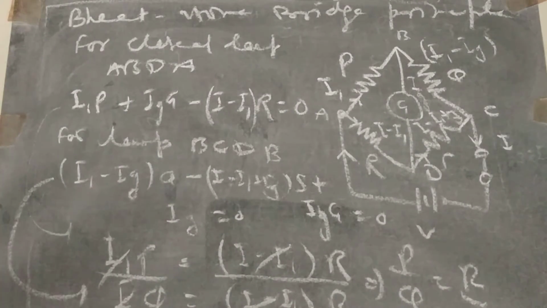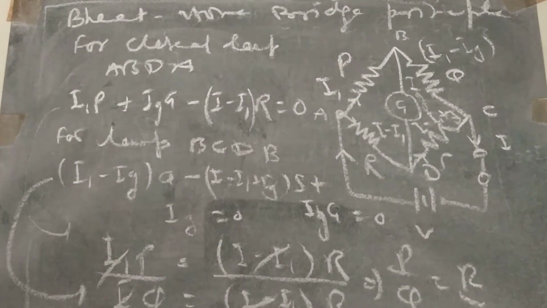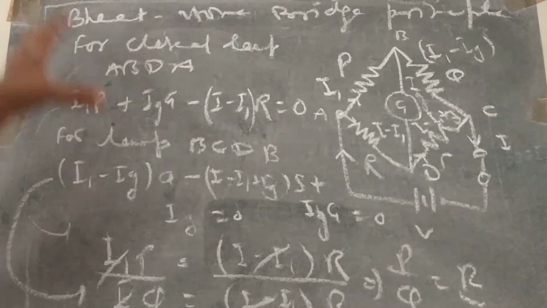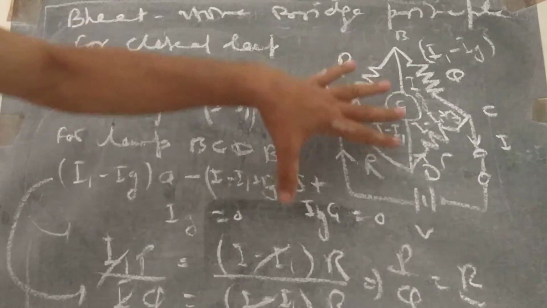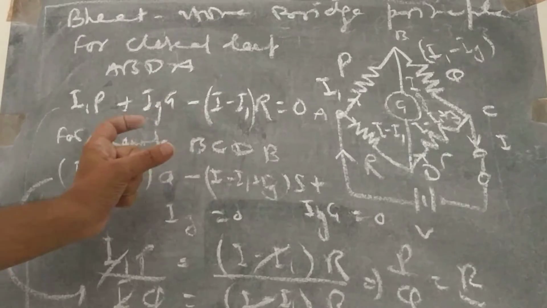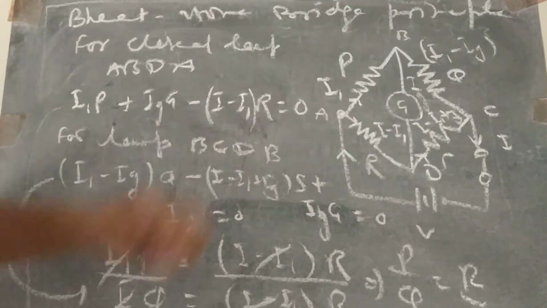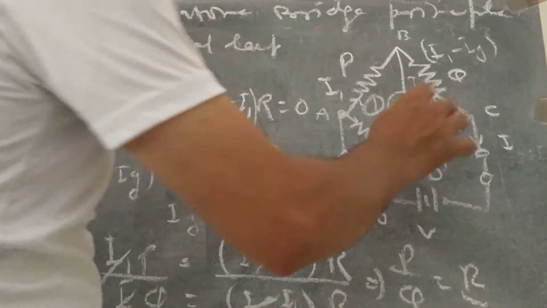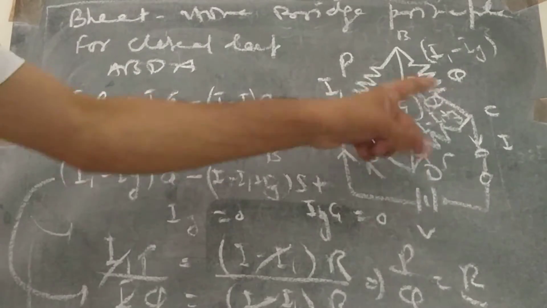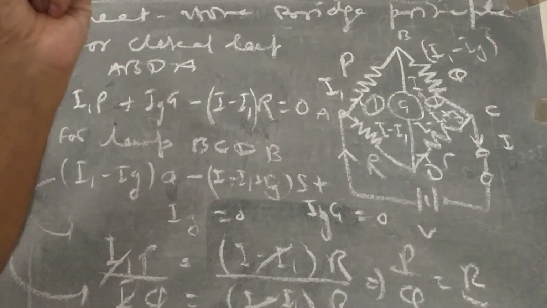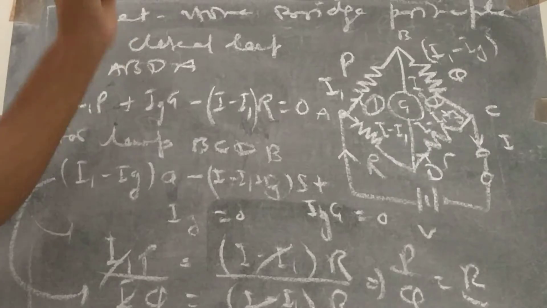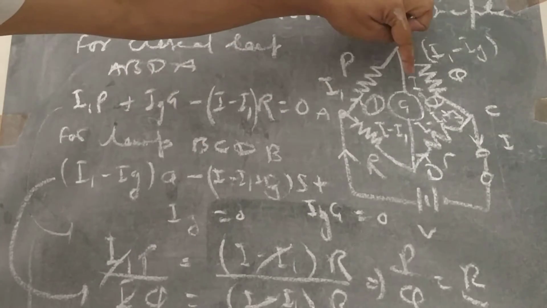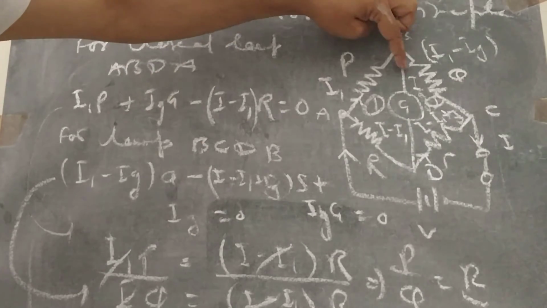Important है, एग्जाम में आता है. State and prove Wheatstone bridge principle. So first we state this principle, then we distribute the current, then we apply the loop law. There are two loops, loop 1 and loop 2. We apply the loop law for these two closed loops and form two equations. Then condition, if there is no current across the galvanometer, then Ig is 0.